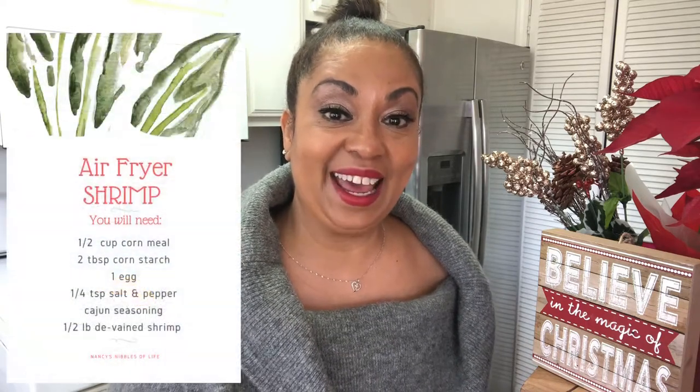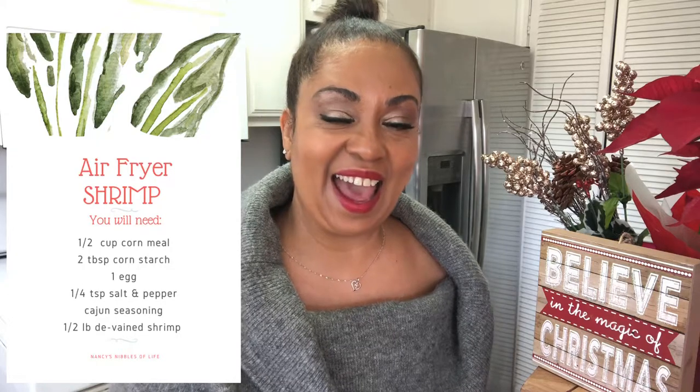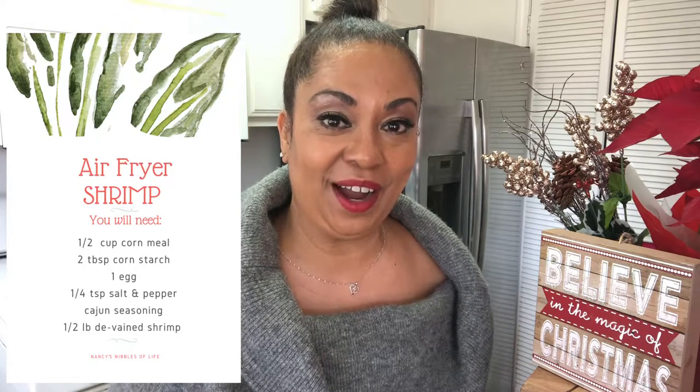I have about a half a cup of cornmeal and 2 tablespoons of cornstarch. That's my ratio. I've also added some seasoned salt, pepper, and a little extra Cajun seasoning to the mix. I'm going to add an egg, dip my shrimp in the egg, add the cornmeal topping, and throw it in the air fryer on 400 for about 3 to 4 minutes. Just check it, and it should have a nice crispy coating, and we'll add that on to our deviled egg